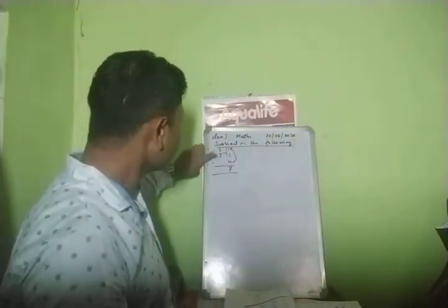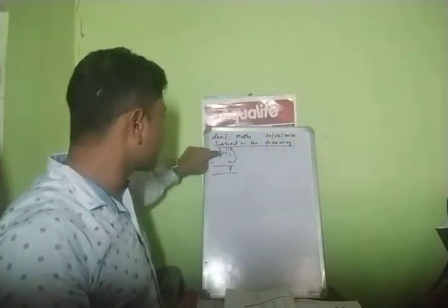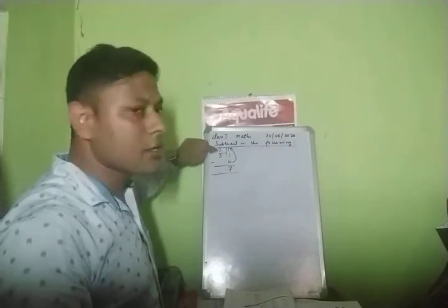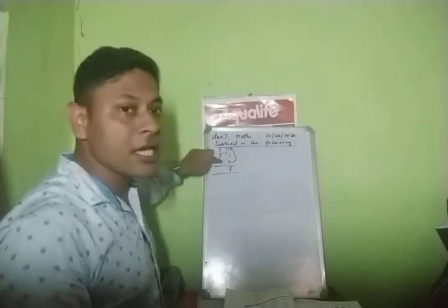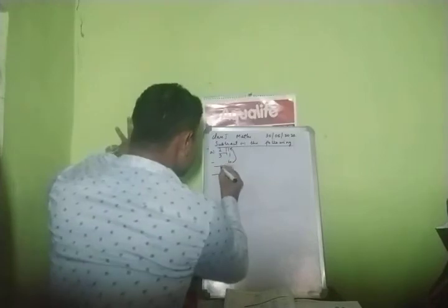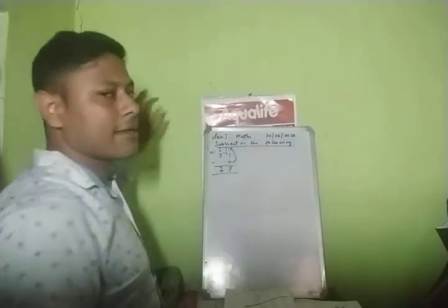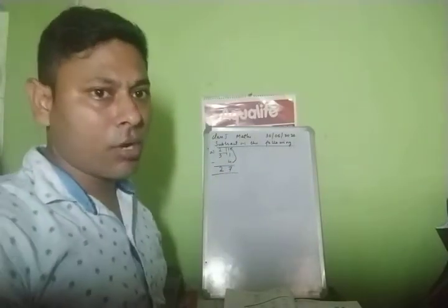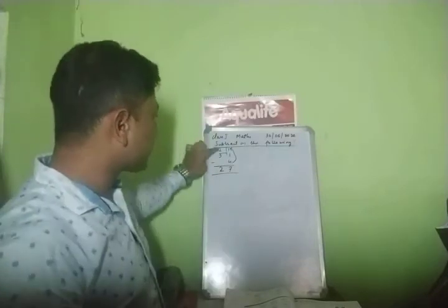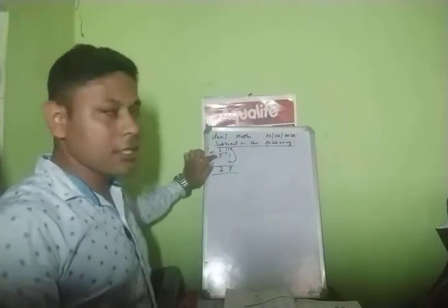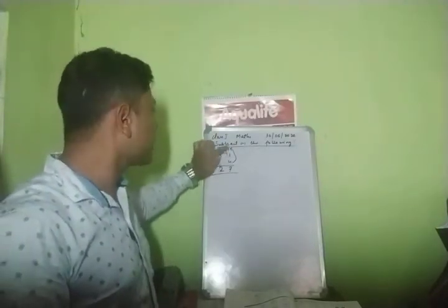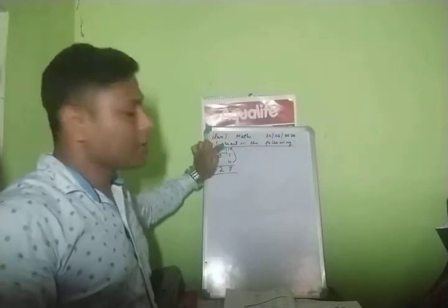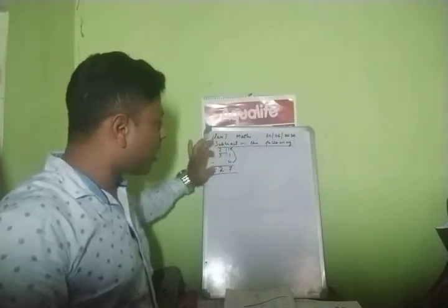And what is here now? 3 was there before, but from 3 you gave 1. So what is left there? 2. And down is anything there? No. So down nothing is there means you can write the answer directly. Understood how to do? First of all, you have to leave one gap here, then write the question. If there is any kind of borrowing, borrow and then write that main answer on the top. Then from down to up you count, you write the answer.